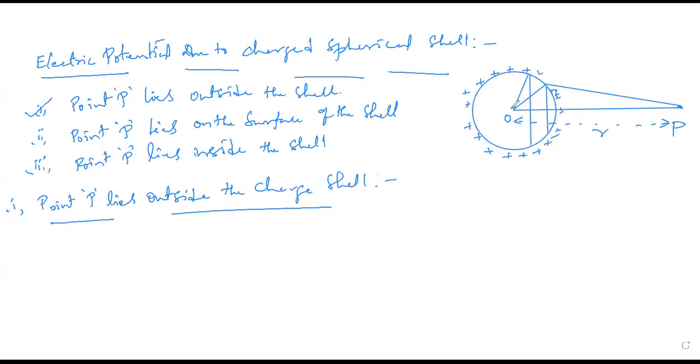Now, what are these? These are nothing but the radius. I'm taking capital R; either this or this can be taken as the radius. So the radius of the spherical shell is R, and the charge present on it, which I already assumed, is positive, plus Q. Now one more line I'm taking, joining from this surface to here. I'm taking some distance X from the point P to some point here.